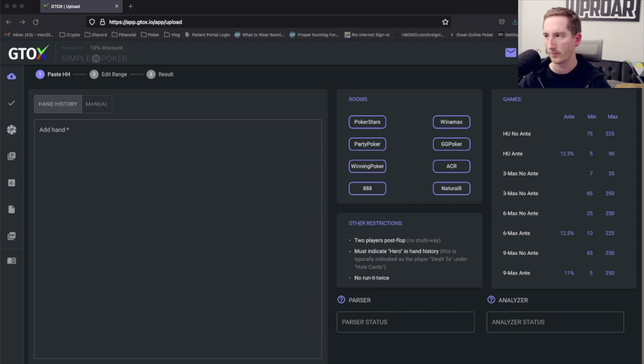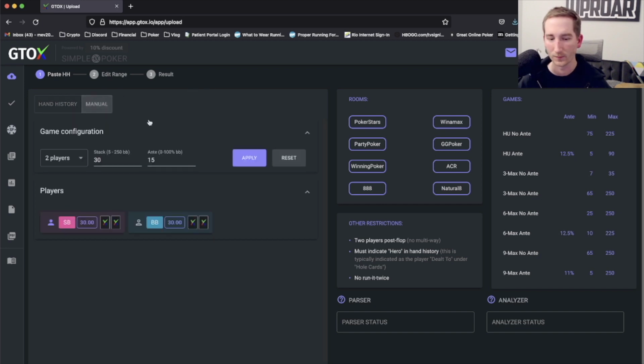They do have ways to input online hands, and that's basically automatic. You can paste in what you got out of a PokerTracker or a Hold'em Manager 3 kind of thing, and that software is going to basically just run and parse the hand as is. But if you are playing live poker, obviously it's a little bit different. You're going to basically start in this upload hand section, click manual, and now you're going to input all of